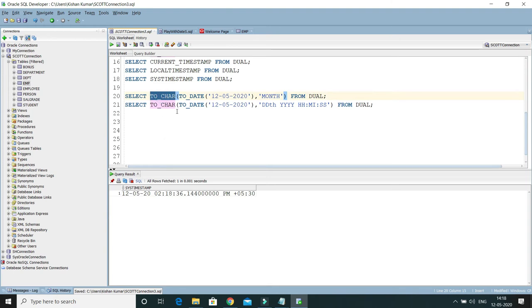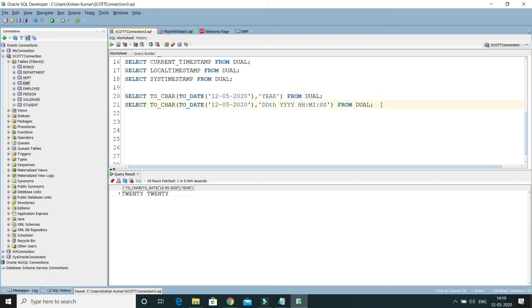Now here we have a to_char, and within the to_char we are passing to_date, where we are specifying the date, and we want month as the return type. Then this is the function we can use. So basically here we are using the to_char function. There we are passing two parameters. The first parameter is the function itself, to_date, and second I am telling it to return the month. Instead of month you can tell it to return the year or day, and that is going to return in the full form. So for year, 2020 is the year.